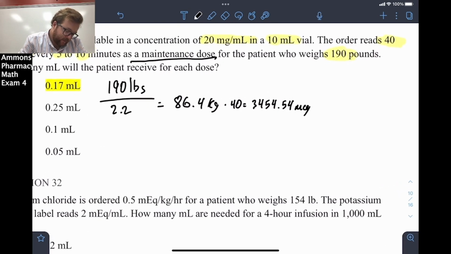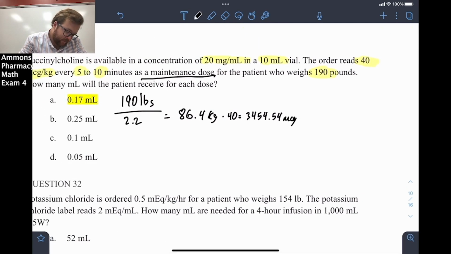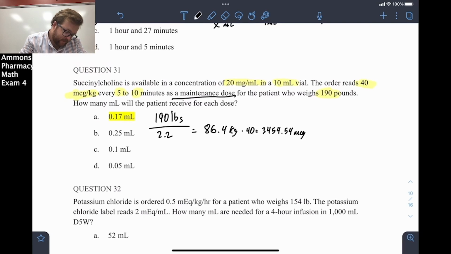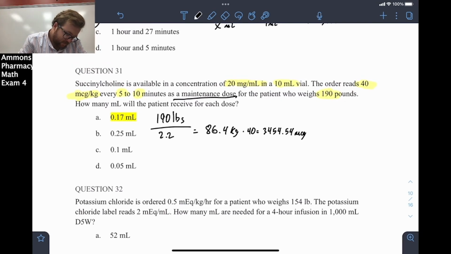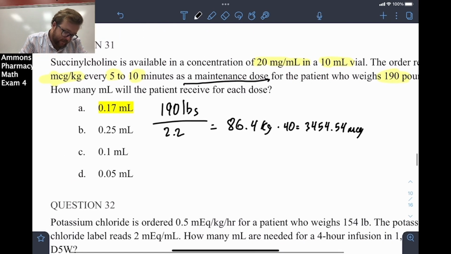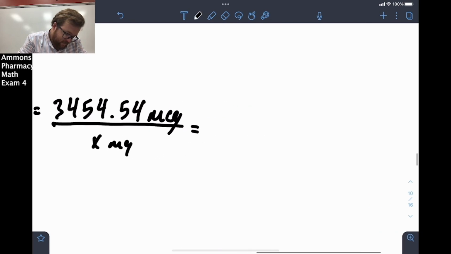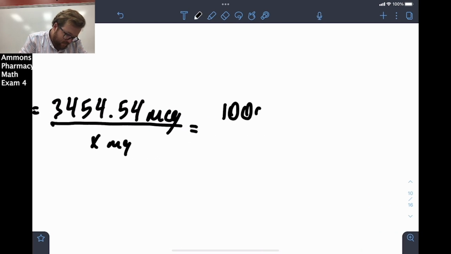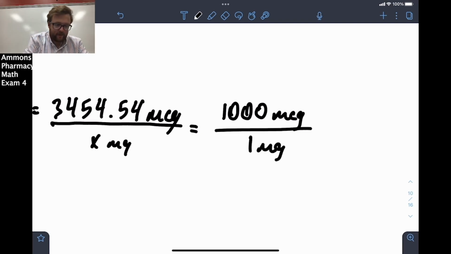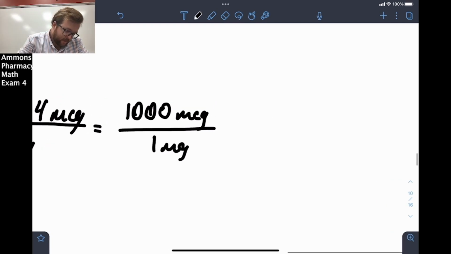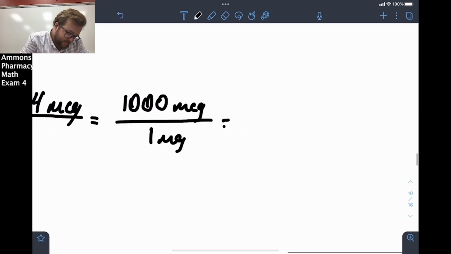Okay, so it's 34.54 in one dose. And that's micrograms. So if you remember, we're just going to have to divide by 1,000, which is 3.45